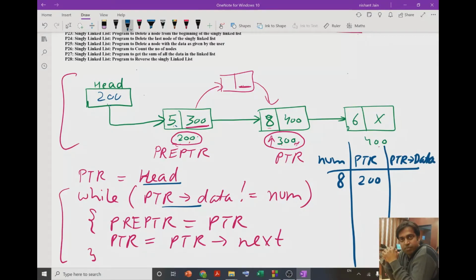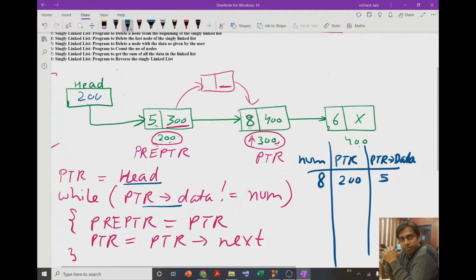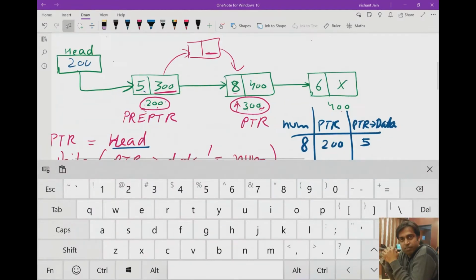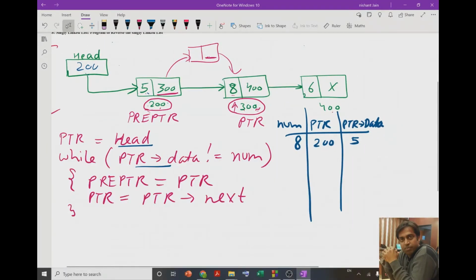At 200 the PTR data is 5, so we match PTR data and num. Since they are not equal, we come inside the while loop.